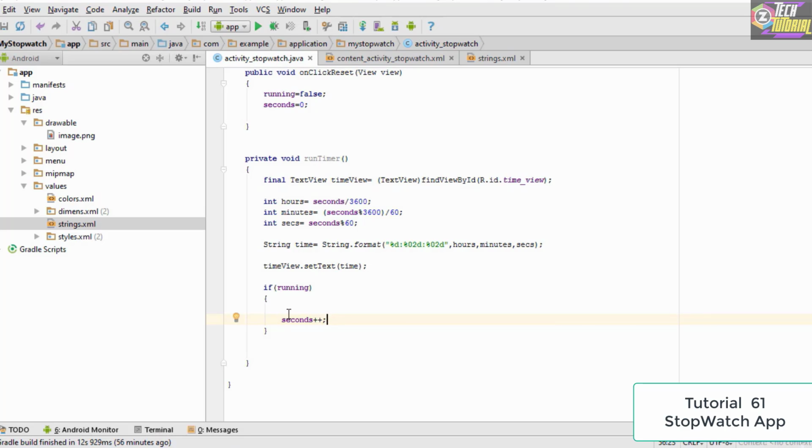And that is because we are working with an actual stopwatch, and if we simply leave the code as it is, it is going to increment the value of seconds every time this code gets executed, and the execution of this code is going to take less than a second. So it is actually better if we introduce a delay into this code. So that's it for this tutorial, and in the next tutorial we are going to learn how we could introduce